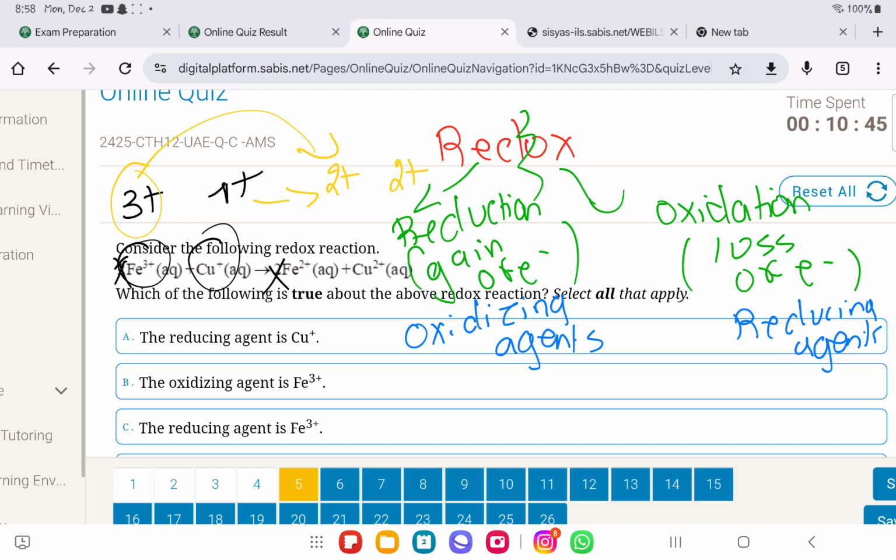No, it's not possible to lose a positive charge. Instead, what happens is that it's gaining a negative charge. So the 3 plus gained a negative charge, so then it became 2 plus. And we said if it gains a negative charge, then we call this a reduction. So the Fe3 plus went into reduction. And we said that if it goes through the process of reduction, then it is the oxidizing agent. So that means Fe3 plus is what? The oxidizing